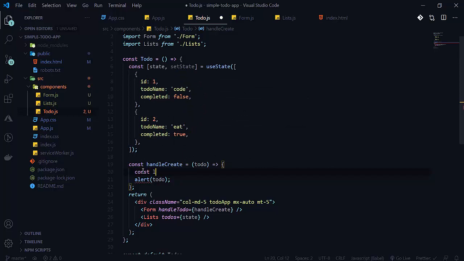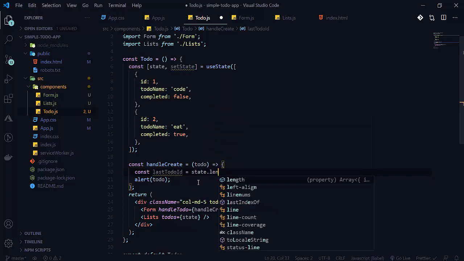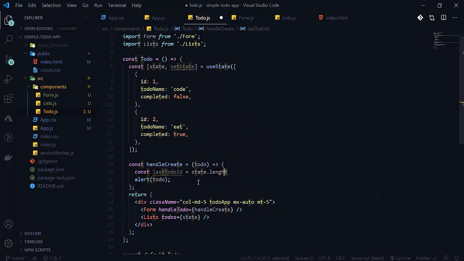Here we will write our state here. So state.length.